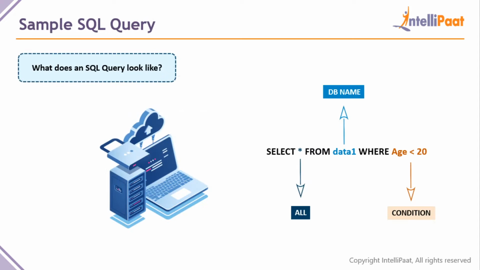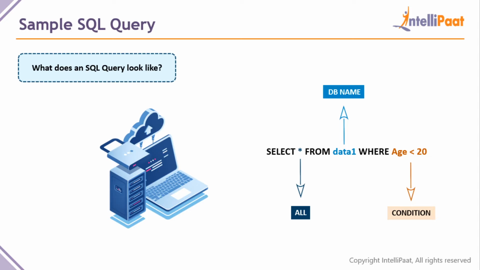On that note, we need to quickly check out what a query looks like. A query is something very simple. It is the actual code we write in SQL. A query will look something like this. Think about you entering this in a shell or in a particular workbench, guys. We have something called select star from data1 where age is less than 20. If you know a little bit of SQL, then you can make sense out of this. But if you do not, worry not, because I'm going to walk you through what each of these means.